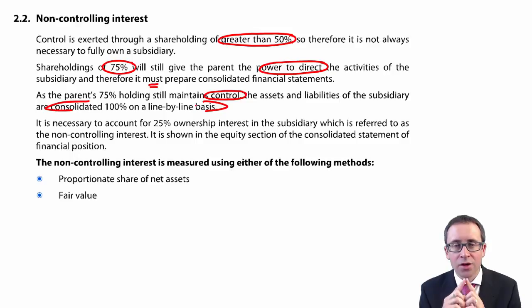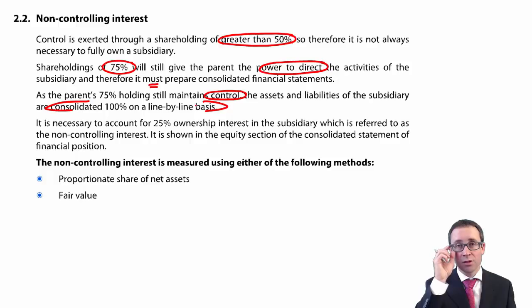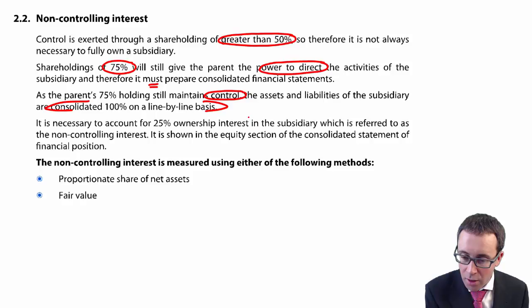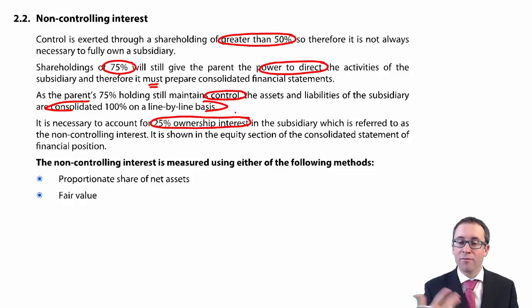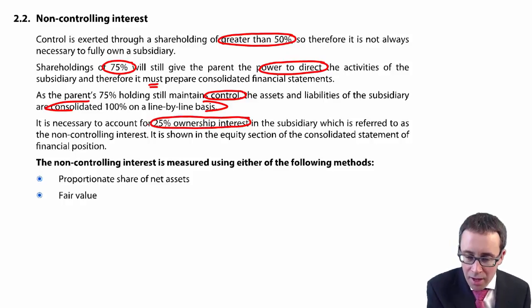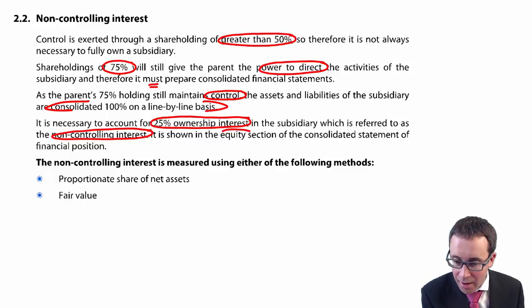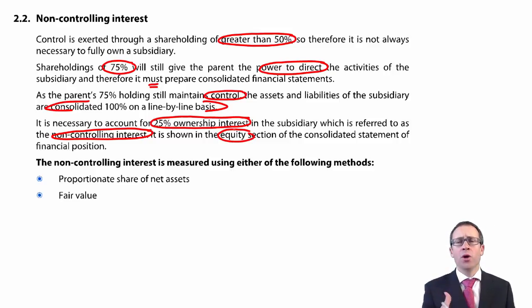Got that? Good. Because even though we've shown control by adding across 100% of the subsidiary, we also then need to show ownership. So we need to show who owns that 25% interest. As we mentioned in one of the previous videos, that's referred to as the non-controlling interest, or NCI, and ownership within the group accounts is always shown within equity. So there's going to be a new line item that we see, and that new line item is referred to as the non-controlling interest.